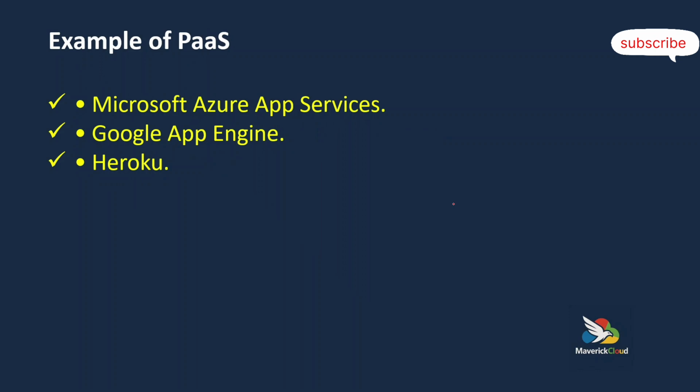Okay, and let's come to examples of PaaS as well, like Microsoft App Services. There are App Services, storage, and SQL Server also. There is a huge number of services where we can just give some of our requirements, and it will automatically generate the infra to develop our code as well.